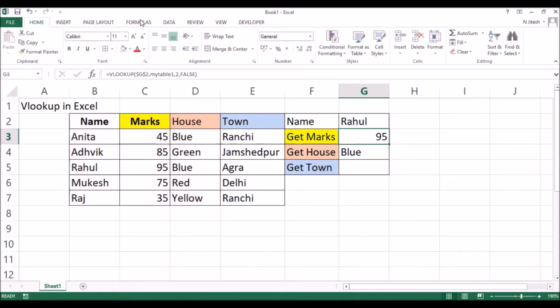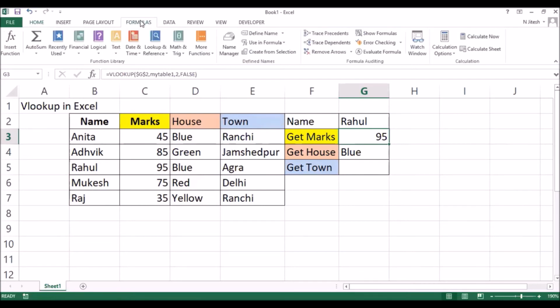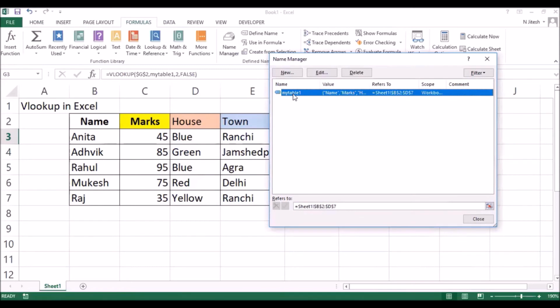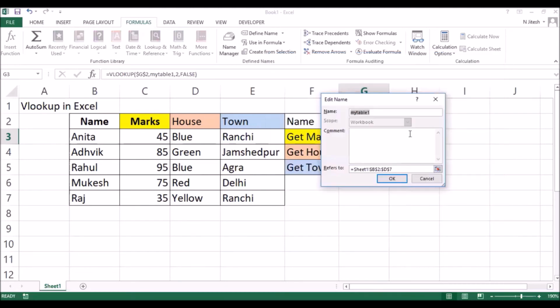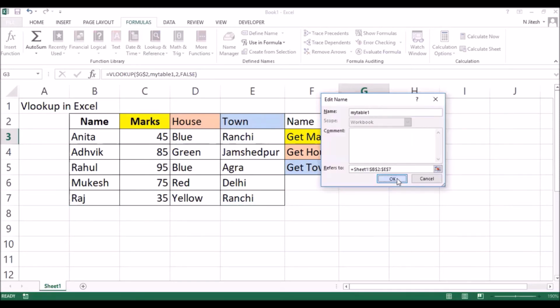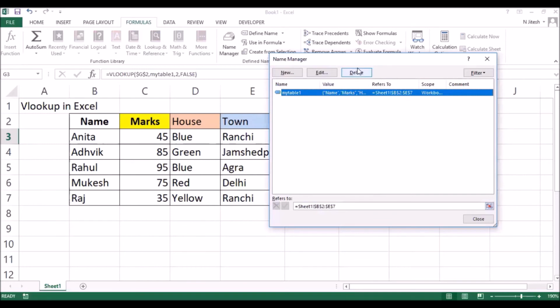So what you need to do, you have to go to the tab formula. In this tab, you will see the name manager here. So this is the place from where you can manage the name of the table, the cells which you have tried to name. Here, the cell name which I have given is my table 1, which has a particular range. What you can do, you can simply edit it. Okay. Here you can again change the entire selection, and this name will get updated with the new selection now. Okay, you can anytime delete this name, change the name, or do any kind of activities with this.